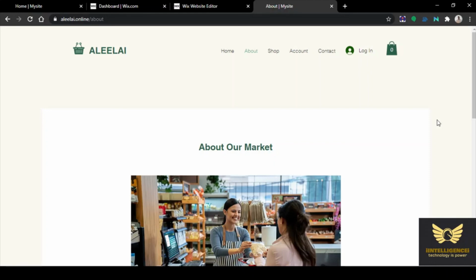Compared to any other platform, Wix.com is one of the world's most professional website designer platforms. It is easy to use, easy to edit, easy to buy online too.